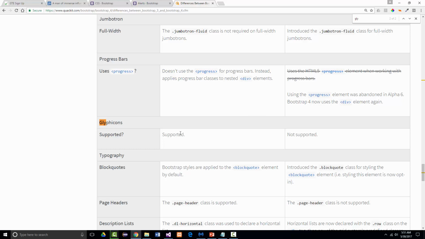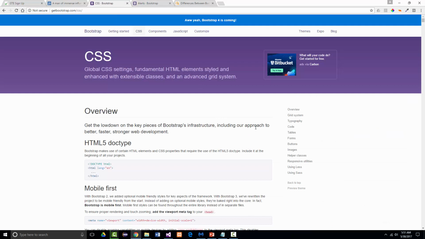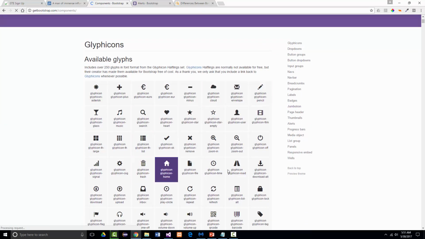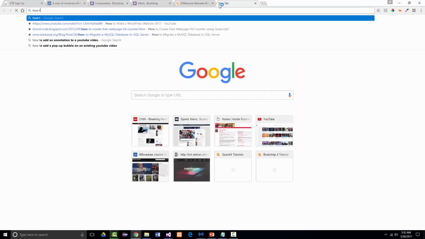Glyphicons, notice, are supported in Bootstrap 3, not supported in Bootstrap 4. That doesn't mean you cannot use them. That means that the glyphicons that are available here by default in version 3 are not in version 4. But if I type in how to use glyphicons in Bootstrap 4, what you'll notice is